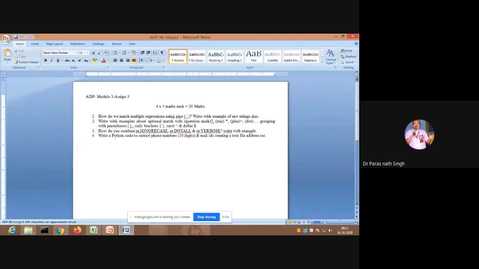The third question will have a 2-3 line answer, but here: write a Python code to extract phone numbers of 10 digits and mail IDs from a text file address.txt. A line may or may not have a phone number, and may have both a 10-digit phone number and a mail ID, a word without any space and with an at-the-rate sign.